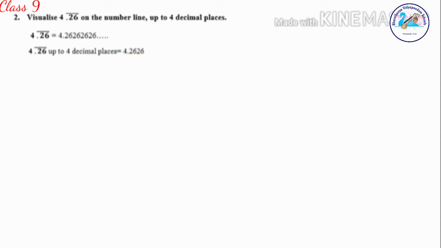So here I am avoiding the first step, meaning in the previous question we drew a number line and plotted negative numbers, 0 and positive numbers. That step I have avoided here because it is quite clear that 4.2626 lies between 4 and 5. So let's draw a number line, mark 4 and 5, and divide the space between 4 and 5